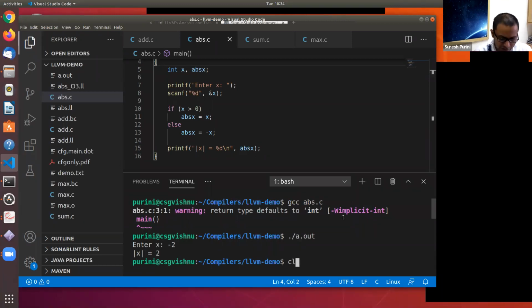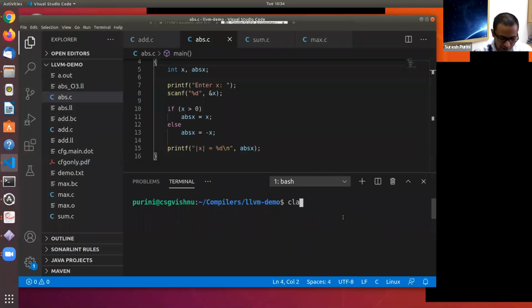Here we are using the GCC compiler, and if you want to use the LLVM compiler infrastructure, then we use the Clang front end. Clang is the C front end in the LLVM compiler infrastructure to compile C programs. And then of course you have Clang++, which compiles C++ programs.